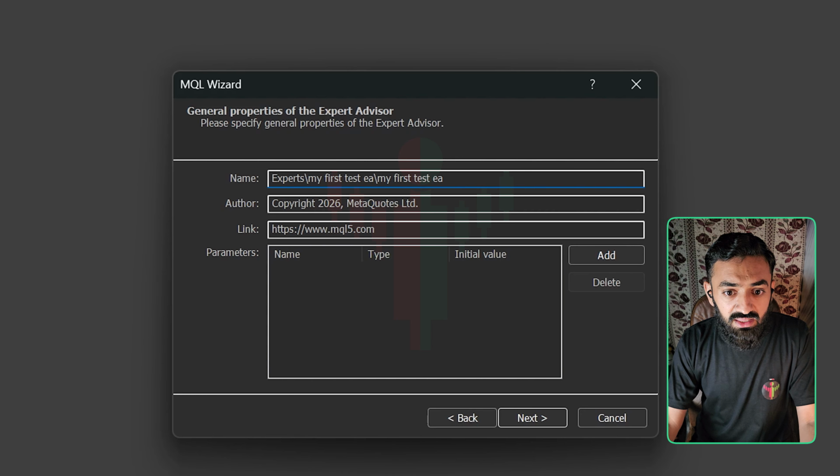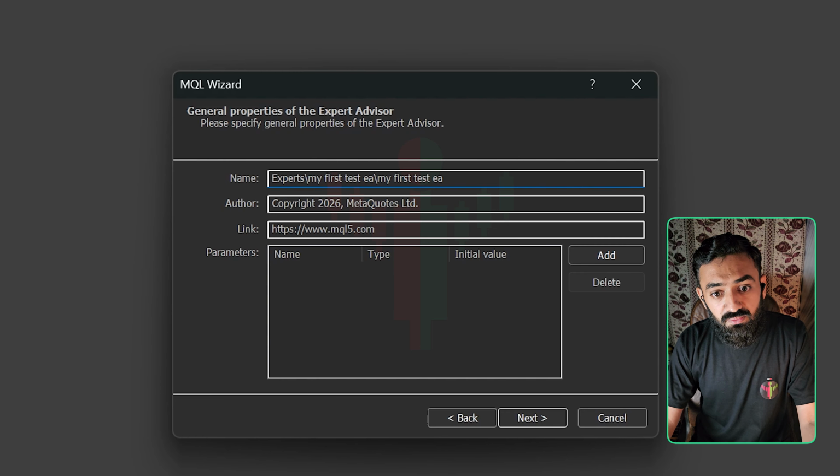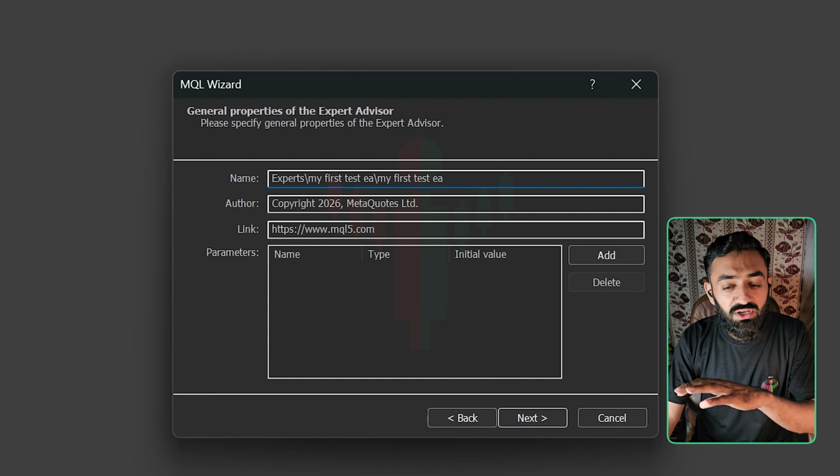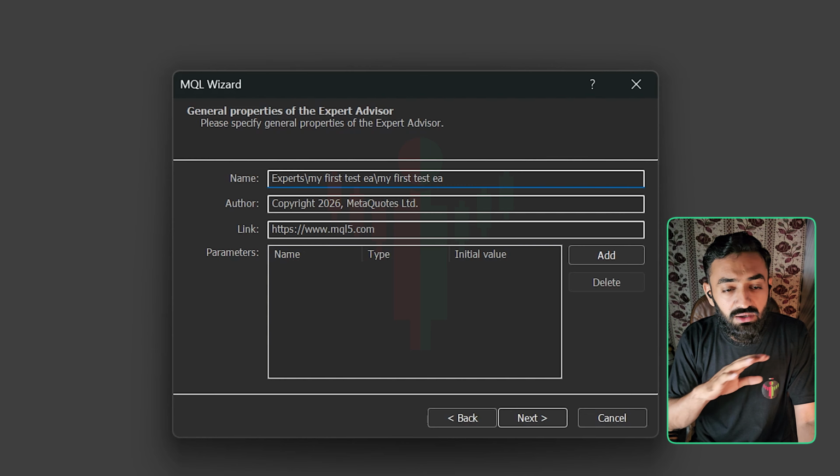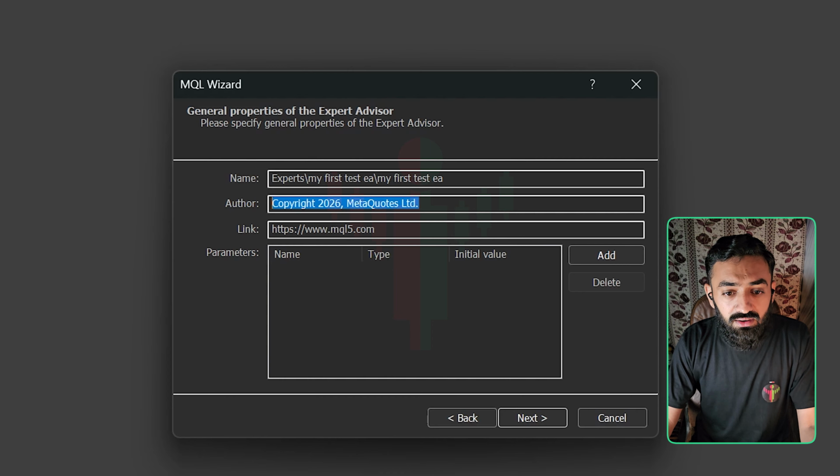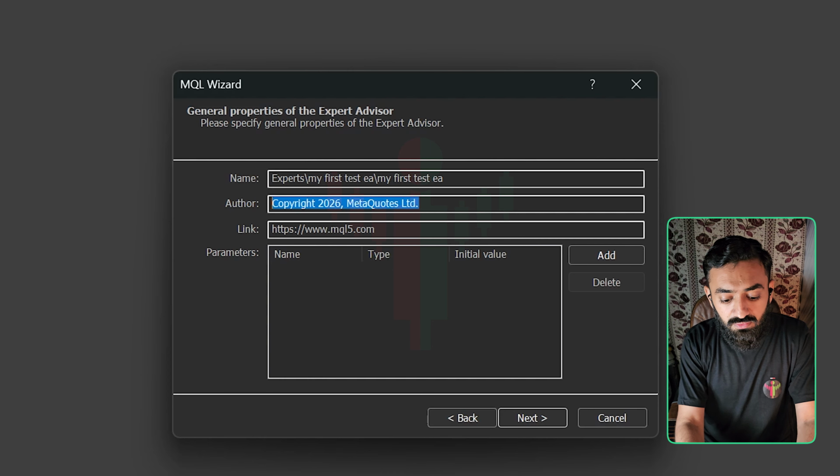And that's it. Also, in the name, the location and name are on the same line. Experts, my first test EA, my first test EA. You don't need to put any extension such as .mq5 or anything like that. Here you can write your name. Author is